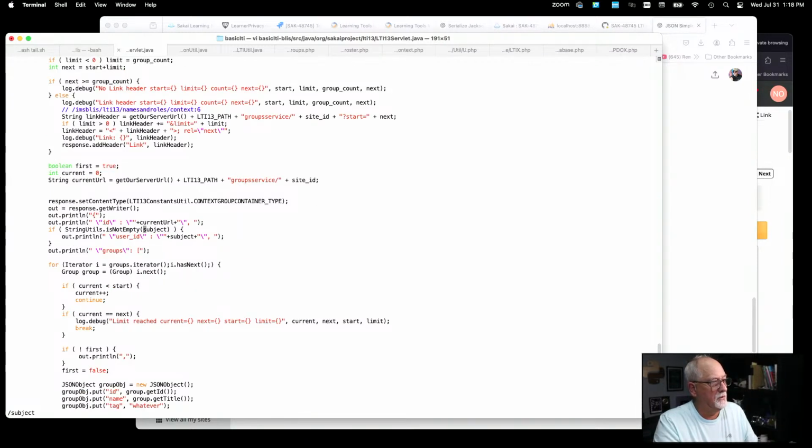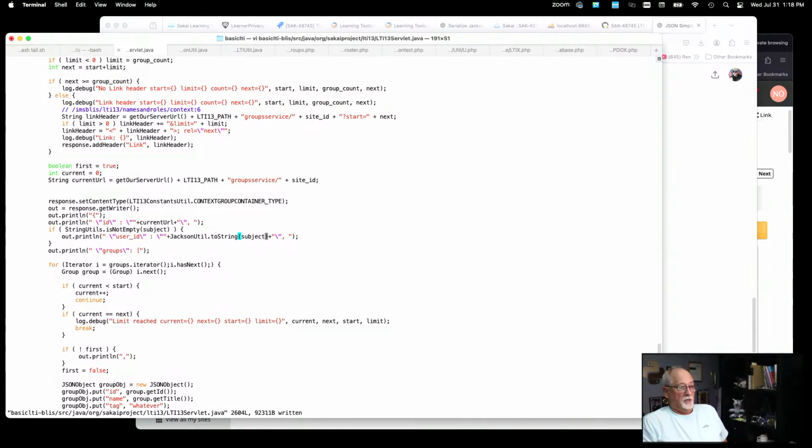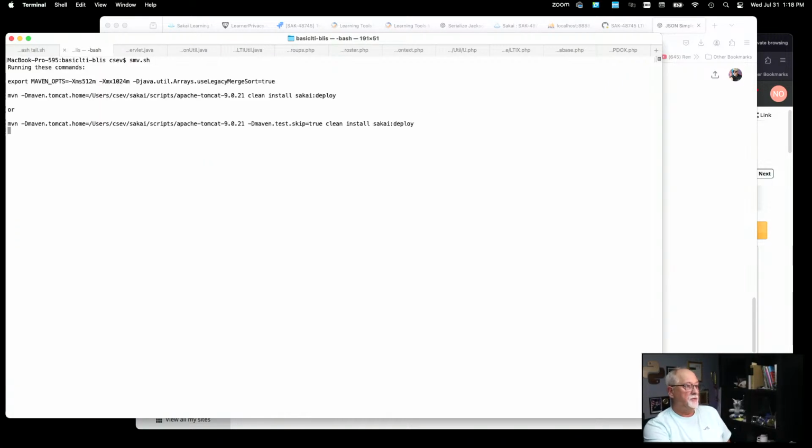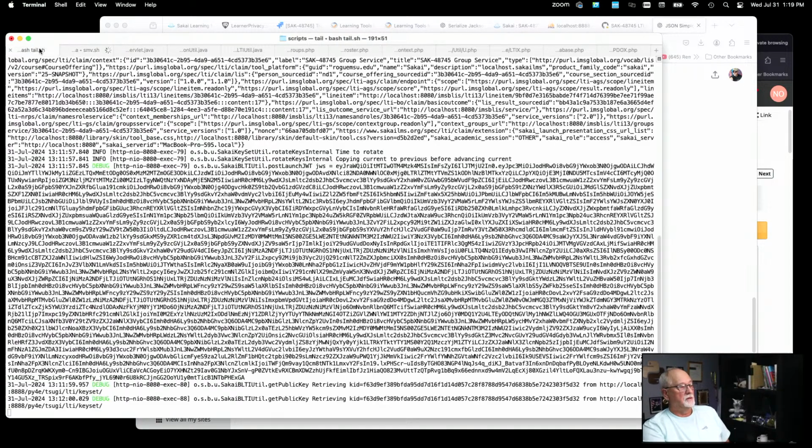I'm going to call this Jackson util toString subject. That's really weird. If it works that way, that would be pretty neat if the object mapper just did it the way